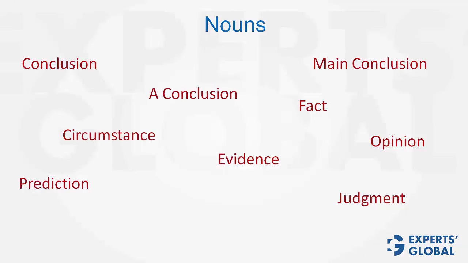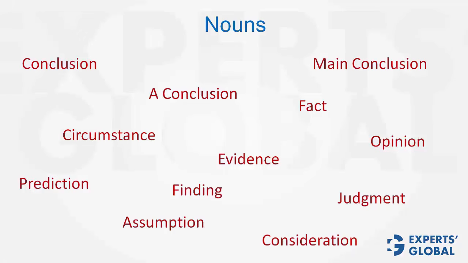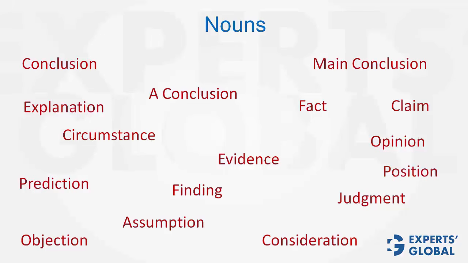Circumstance is a condition generally relevant to an event or an action. Assumption is someone's hypothesis, which may or may not be correct. Consideration is a careful thought. Finding is a fact obtained after some effort. Explanation is an elucidation, a description. Objection is a point of disagreement. Claim is someone's assertion or opinion, generally not backed by proof. Position is someone's strong point of view. So, these are the